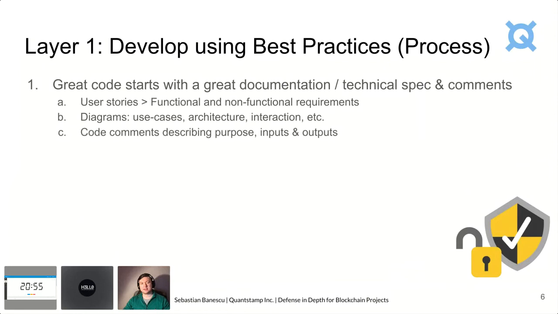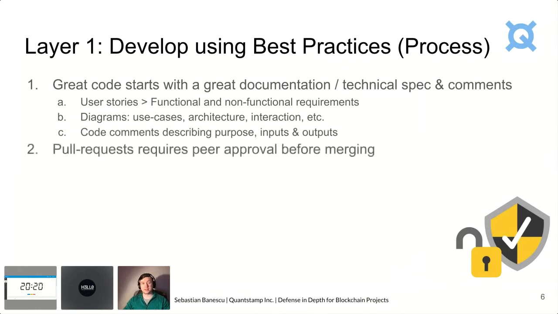And on top of that, of course, you should have sufficient code comments describing the purpose of various functions, state variables, constants, modifiers, whatever you want. And for functions, you should describe what each input should be, maybe even indicating the range of the input and the range of the outputs. Because this is going to be very helpful to auditors and testers when they go through your project,